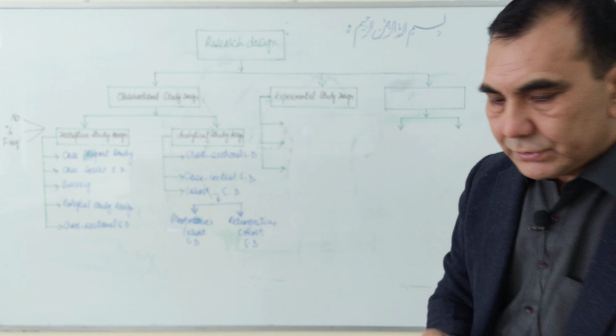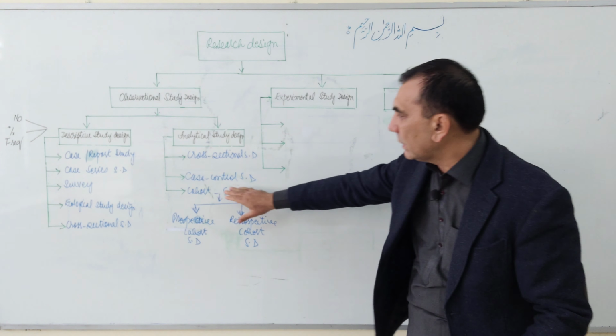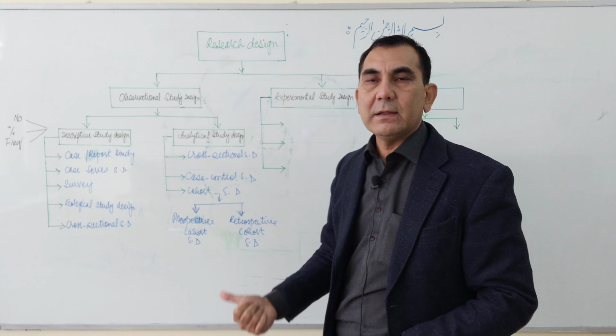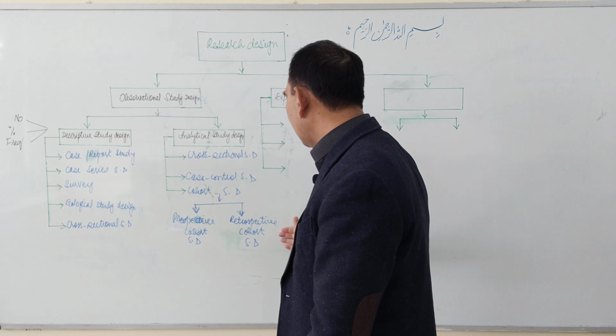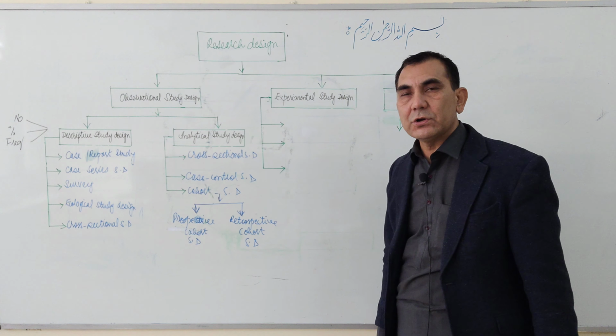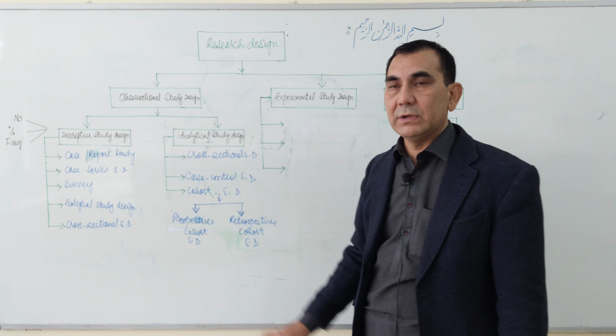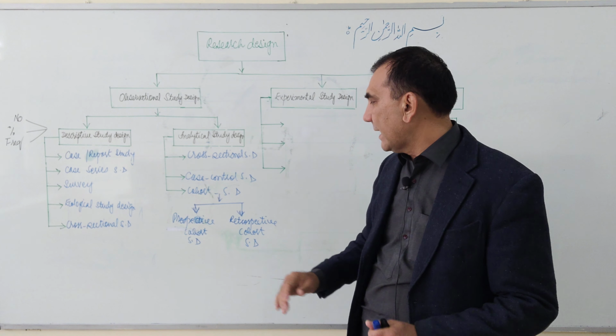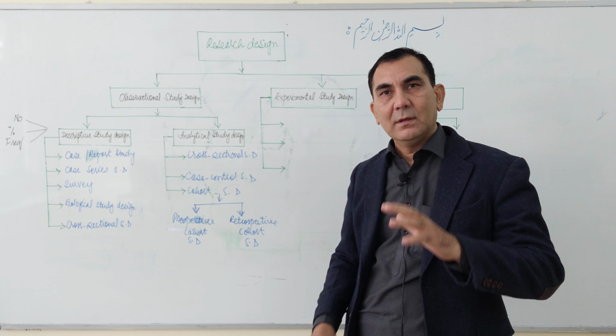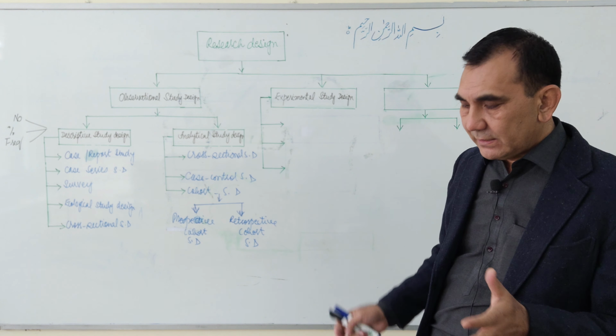There are further two types of cohort study design. One is called the prospective cohort study design, and the second one is called the retrospective cohort study design. Let me brief in a few words about the prospective cohort study design and retrospective cohort study. The prospective cohort study design is those